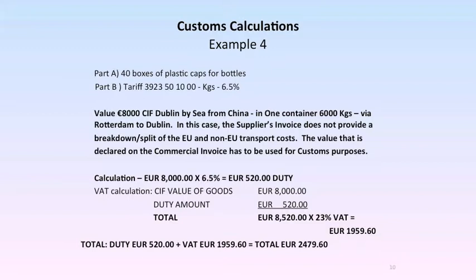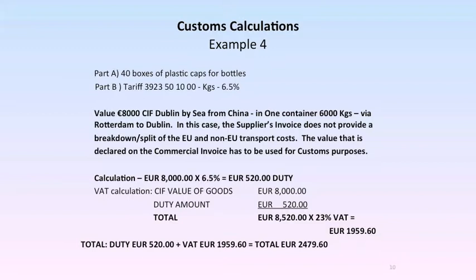This yields a duty amount of €520. Now the next step is to look at the VAT calculation. So this is based on the full CIF value of the goods, which is €8,000, plus the duty amount, which is €520, and this gives a total of €8,520 multiplied by the rate of VAT, which is 23%, and this yields a VAT amount of